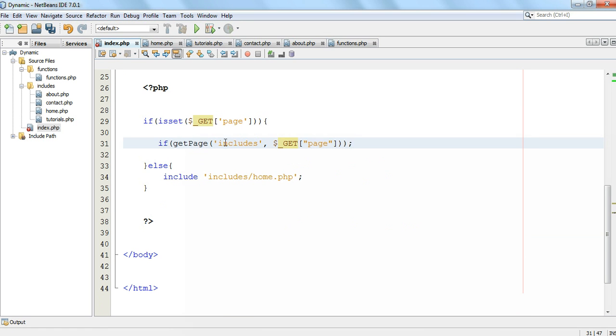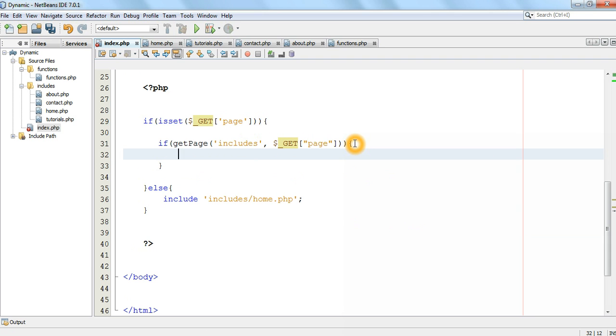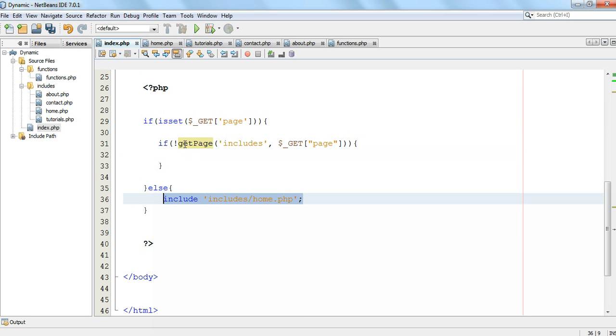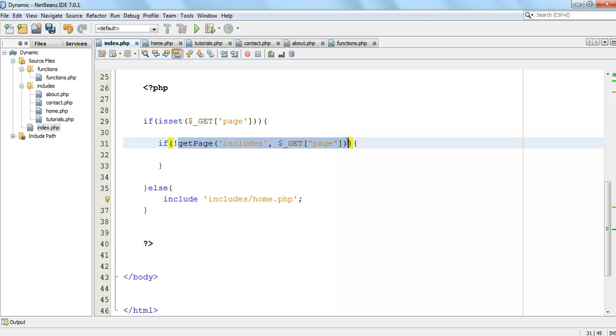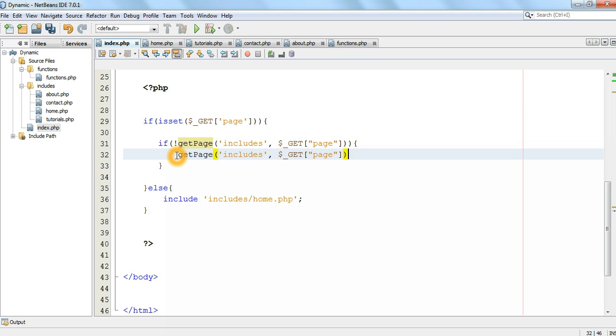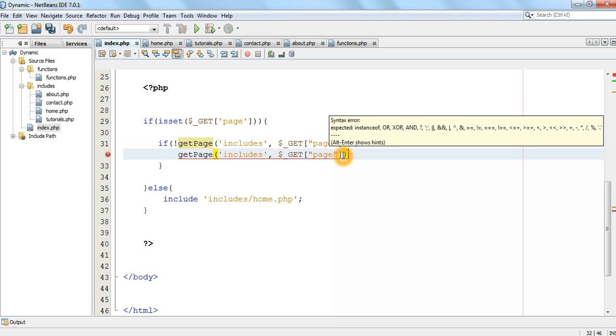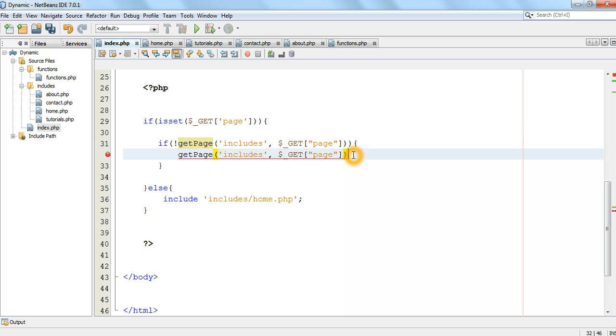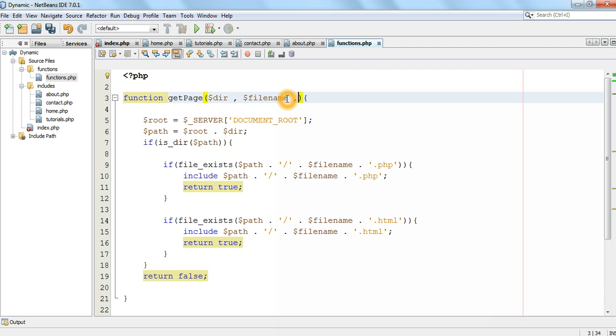Okay, so now if getPage includes, and this get page here, if that returns true, then we basically know, right, it's done this already, it's included it already, so we actually don't need to include anything. Alright, so rather than that, we can just come here now instead, copy this in as well, so if it doesn't exist, then we can put it in here once again. Now surely that doesn't make sense, because now we're doing two tests all the time with inside of the same function, right? Well, what about if we come to our function and we now make another